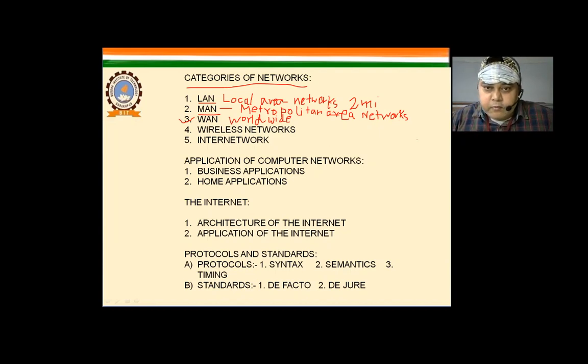So local area network, if you see LAN, is usually privately owned and links the devices in a single office, building or campus, a technical institute or university, or you can say research lab, etc. And this depends on the needs of the organization and the type of technology which we have used.